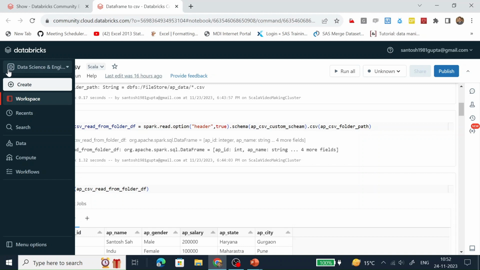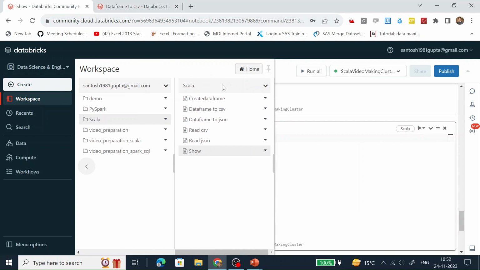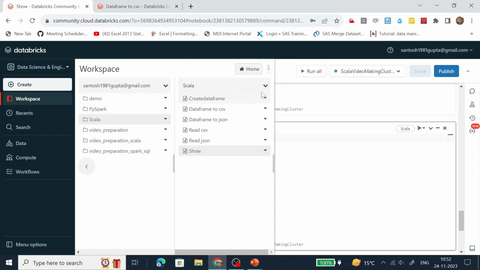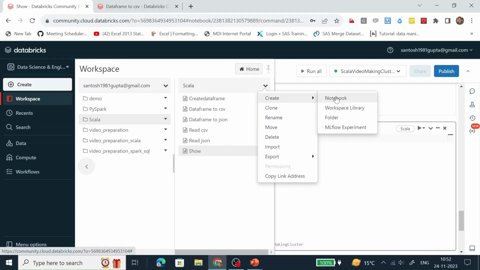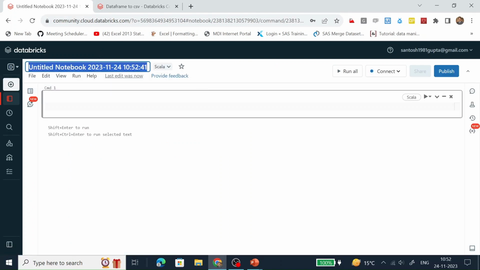Let's create one notebook. Name it as withColumn. Let's connect this notebook with our currently running cluster.